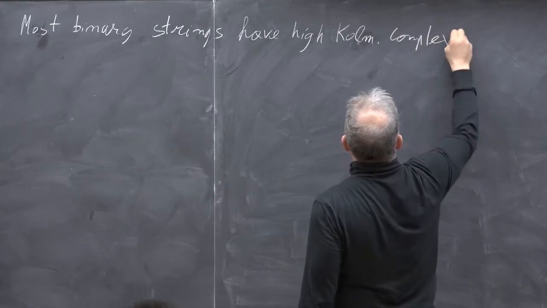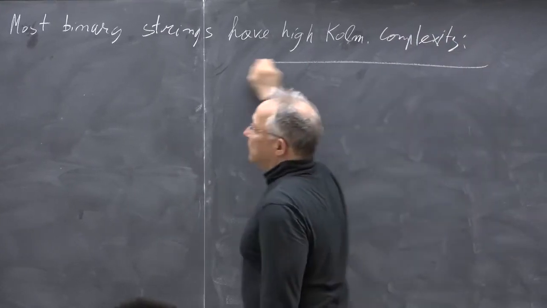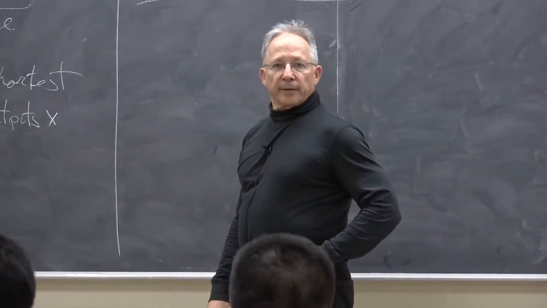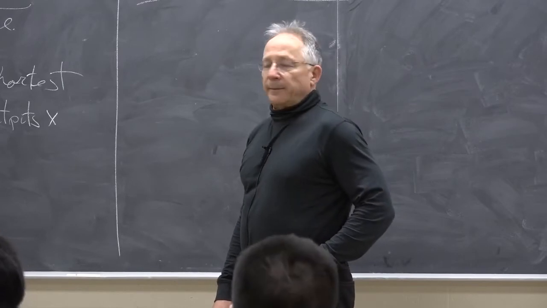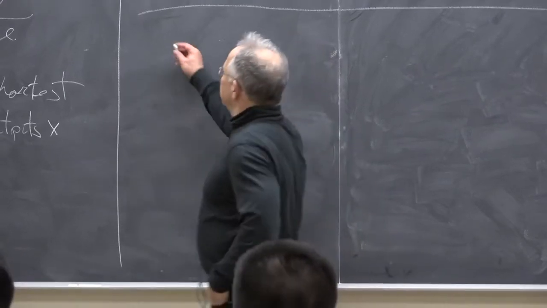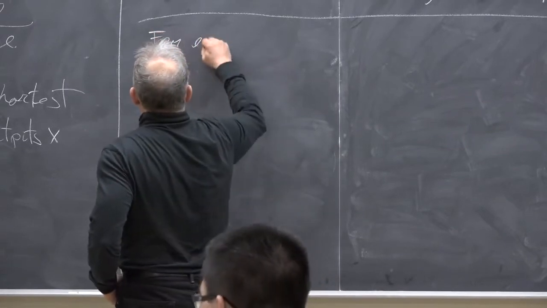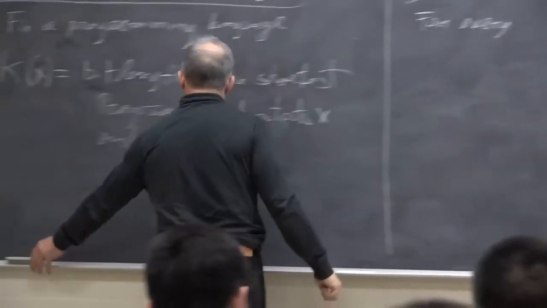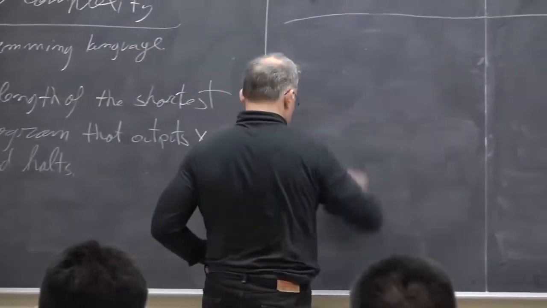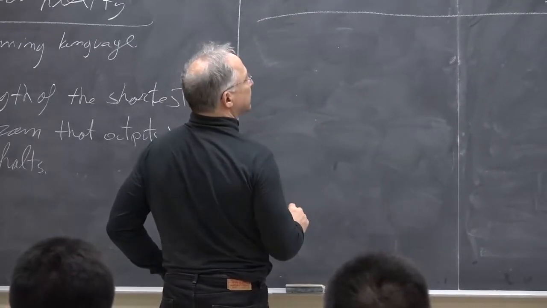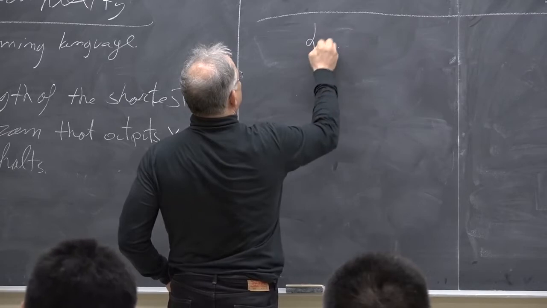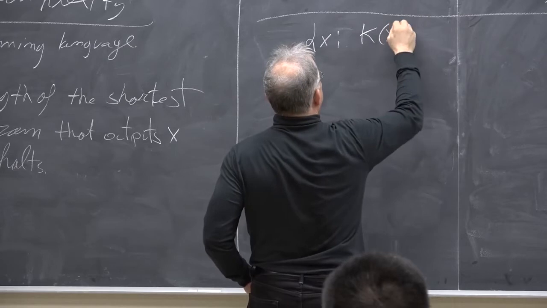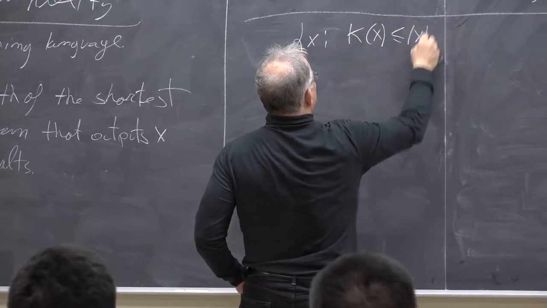And what do I mean by high? I mean n minus something. So let's fix it to 2, but we will see that this works for every constant. If I look at the set of all x's such that K of x is at most the length of x minus 2,